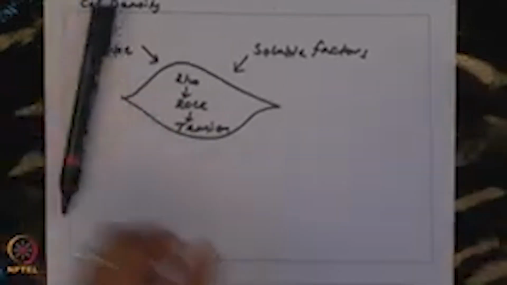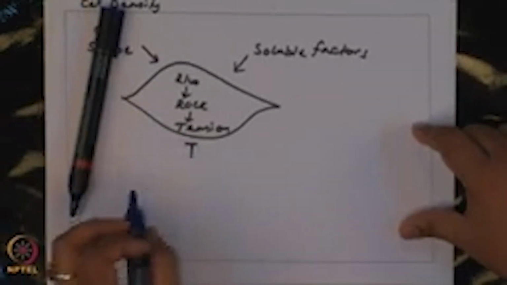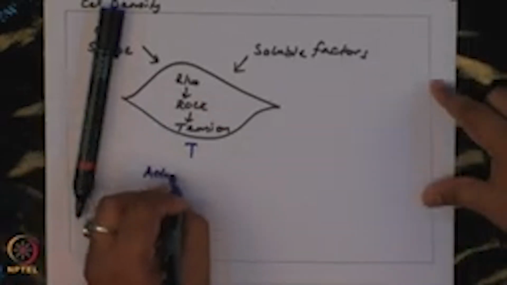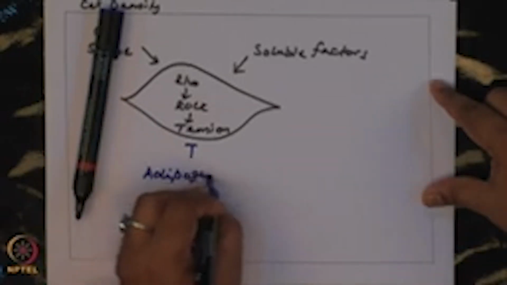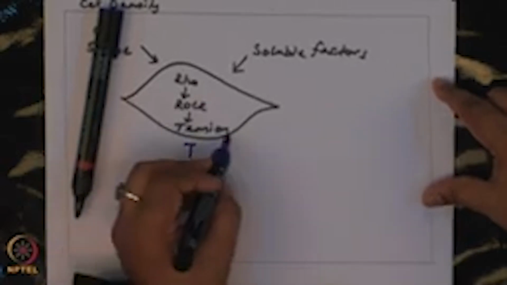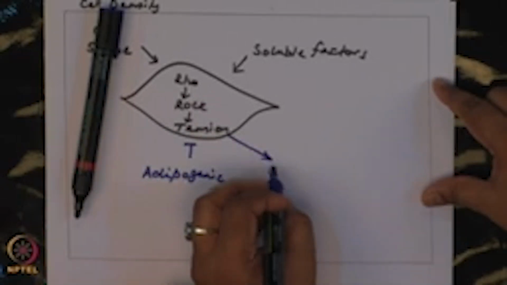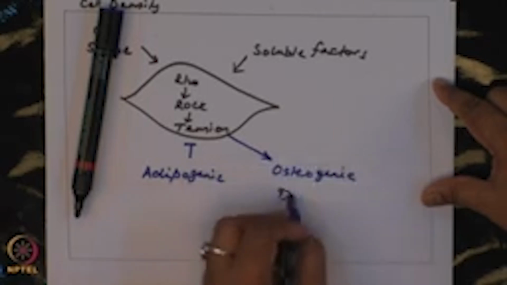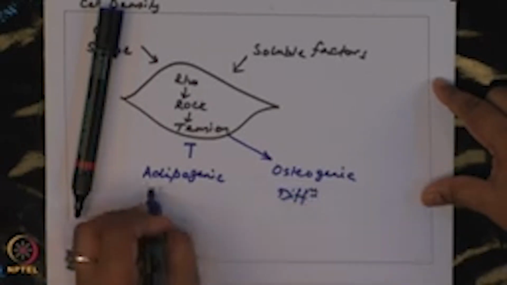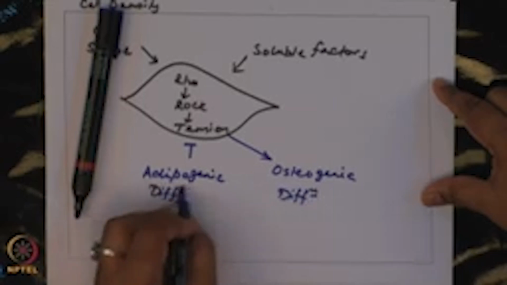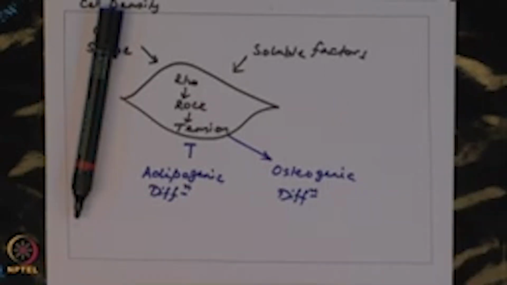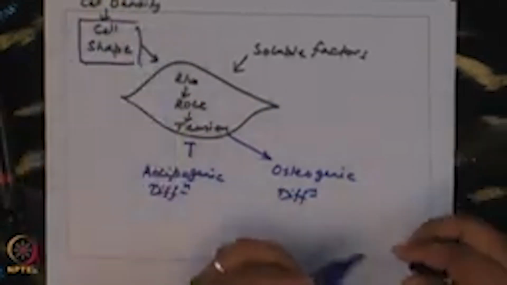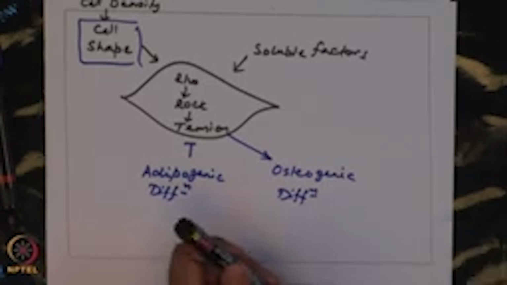If you inhibit this tension, you will get adipogenic differentiation, while if tension is promoted, it leads to osteogenic differentiation. So, this study shows how a physical factor like cell shape can regulate the differentiation fate of stem